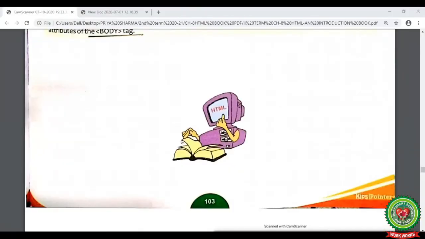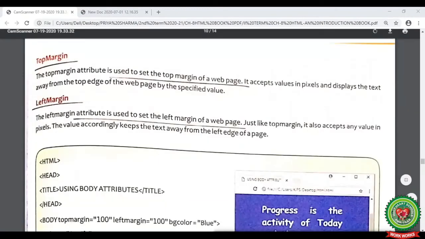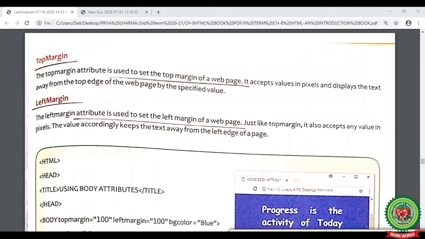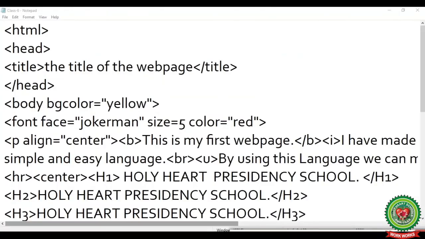Now again look at your book at page number 103. Here the next attributes of the body tag are given, that is top margin and left margin, where I have already explained the terms earlier. Now let's see it practically. Now open your notepad file.